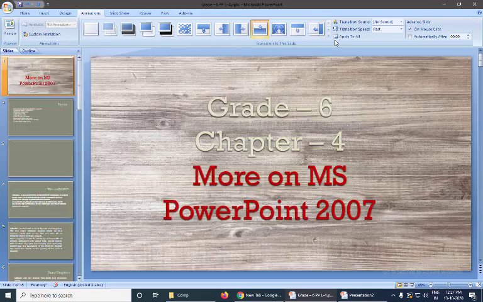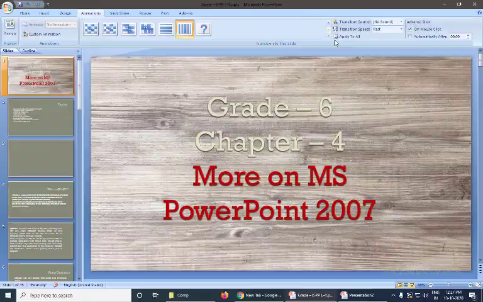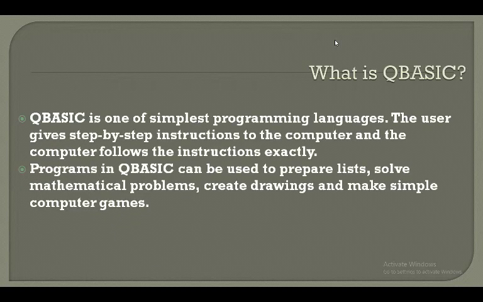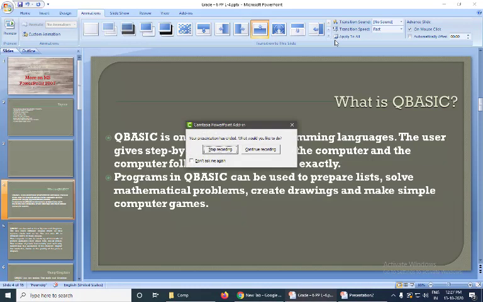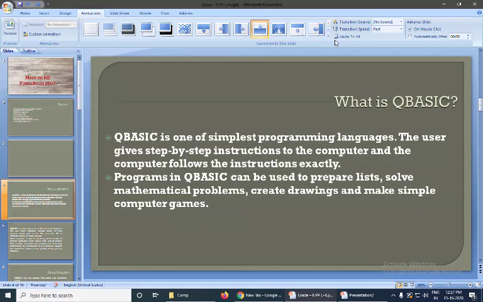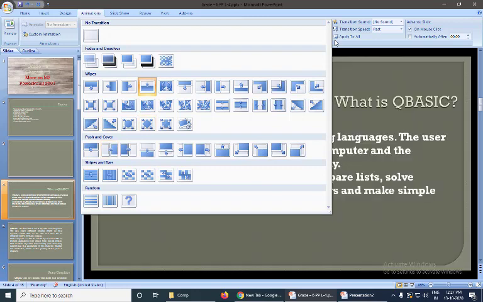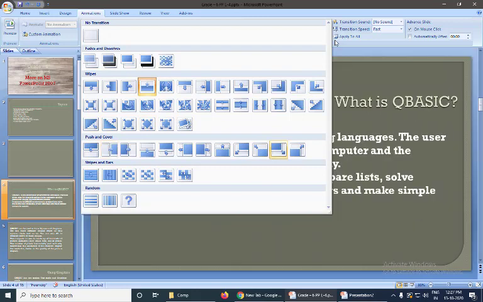And when you save this, see here. When you take the slideshow, the transition is applied here. Okay. So likewise, you need to apply the transitions. See here in this drop down arrow, you have more options for the transitions. So whichever you want, you can select for your slides.